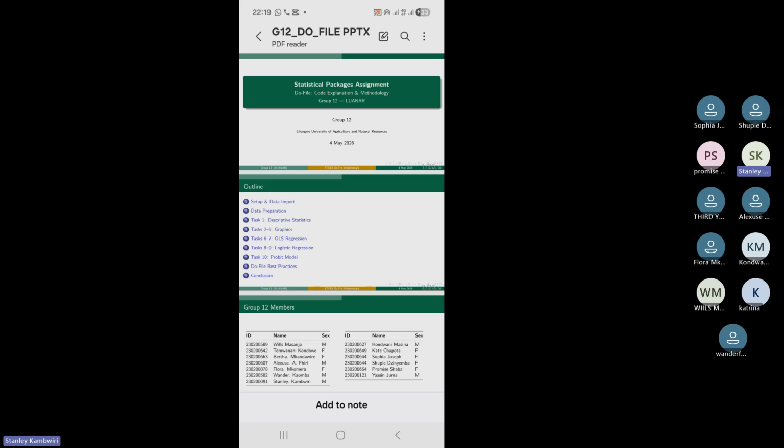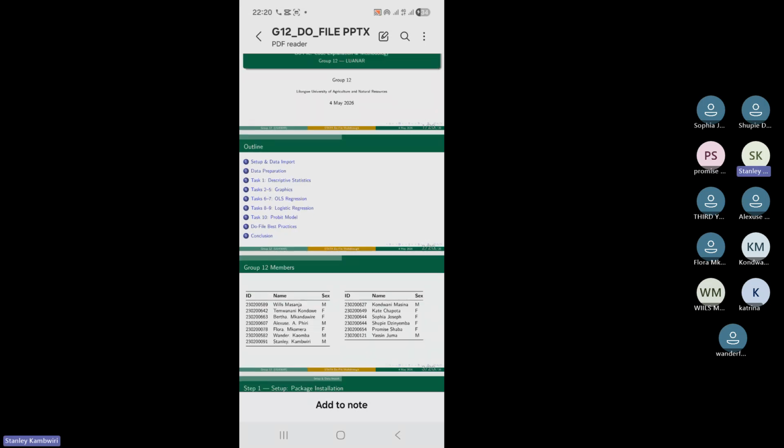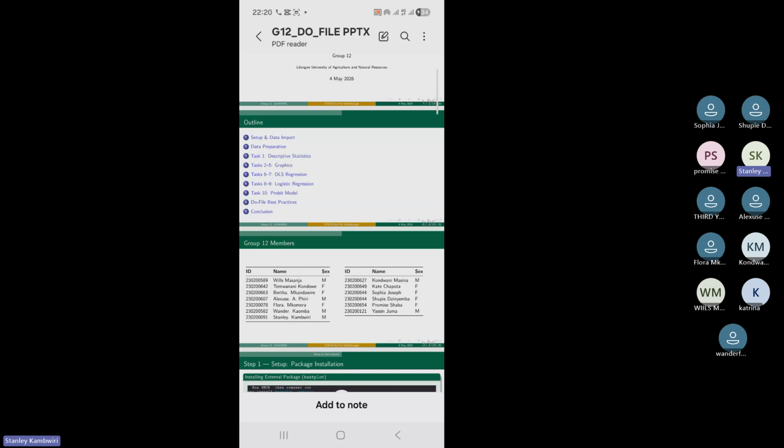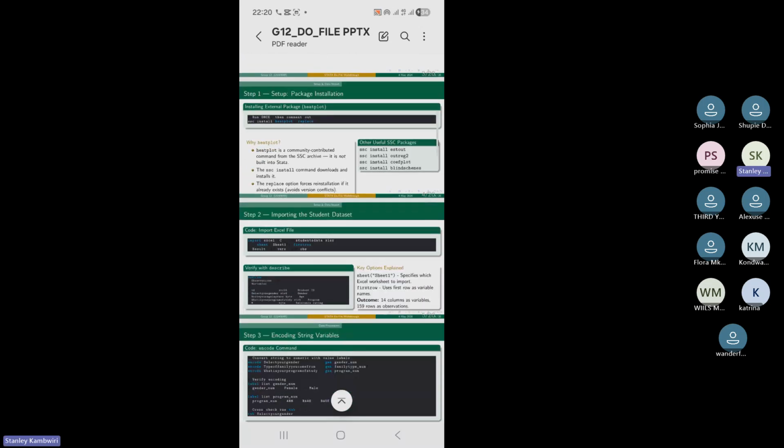This is just a summary. Mr. Yassini has taken you through the setup, data cleaning, descriptive statistics, the graphs, the OLS regression, logistic, probit, and the logit. So to summarize,